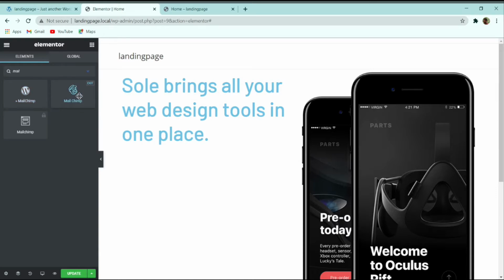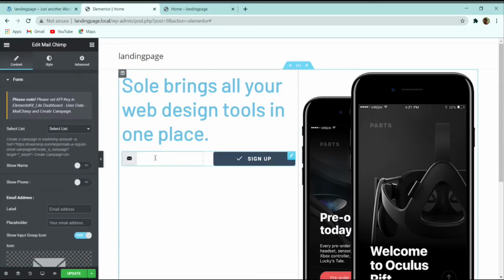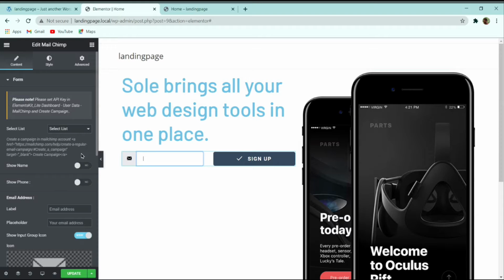You have to select this MailChimp by ElementsKit. Simply drag it here. After that, you can see that there is select list. Suppose you integrate your MailChimp through WordPress, then all the lists which are present on your MailChimp account, you can find the list over here. Then whenever someone enters the email address here, it will be automatically added to your list.